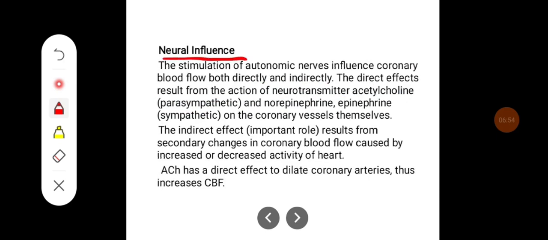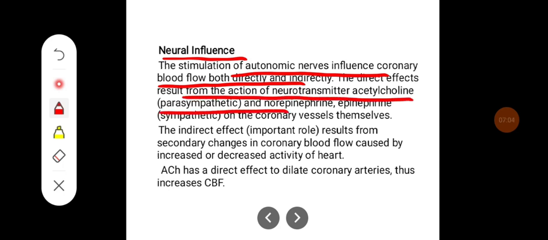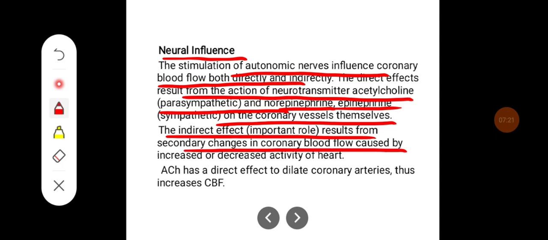Neural influence. The stimulation of autonomic nerves influences coronary blood flow both directly and indirectly. The direct effect results from the action of the neurotransmitters acetylcholine, which is parasympathetic, and norepinephrine and epinephrine, which are sympathetic, on the coronary vessels themselves. The indirect effect results from secondary changes in the coronary blood flow caused by increased or decreased activity of the heart. Acetylcholine has a direct effect to dilate coronary arteries, thus it increases the